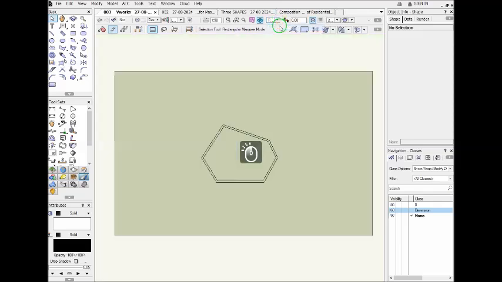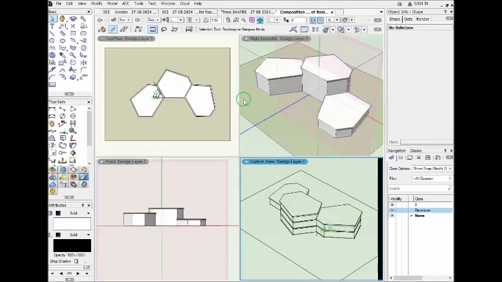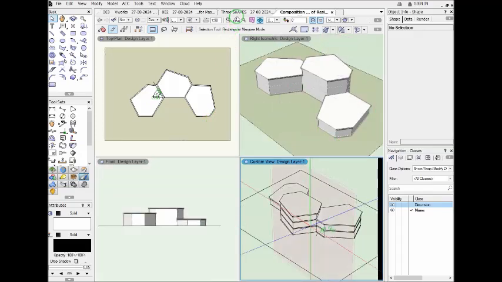Okay, in order to make 3D massing, I will use the massing model tool of Vectorworks to create this 3D composition, and